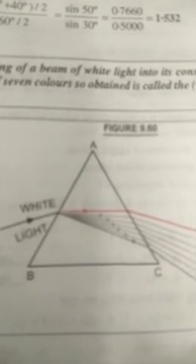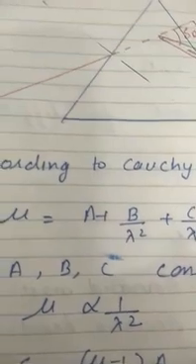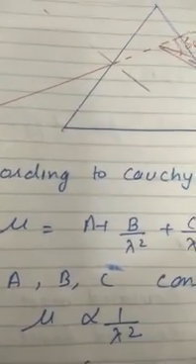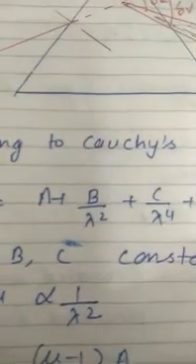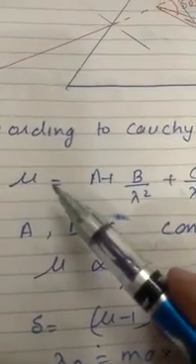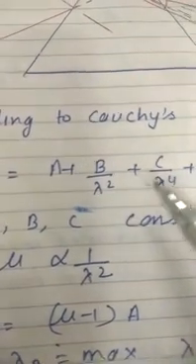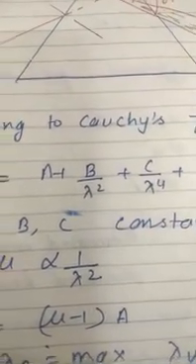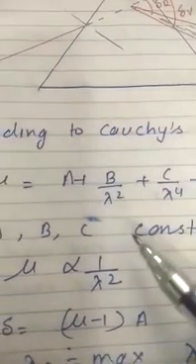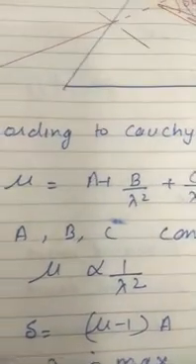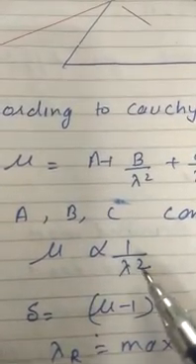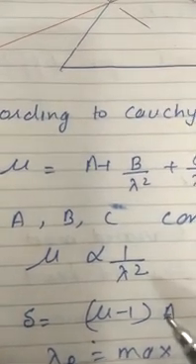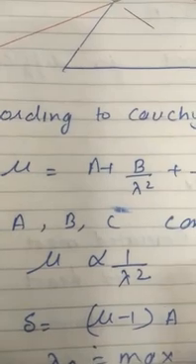Now we will see. Students, there is a relation for the refractive index of any material with the wavelength of the ray which is passing through that medium. So that is known as Cauchy's formula. Cauchy gave the formula that mu is equal to a plus b upon lambda square plus c upon lambda 4 and so on, where a, b and c, these all are constants. In this way we can say roughly that mu is inversely proportional to lambda square. It means mu depends on which color ray is passing through the prism.